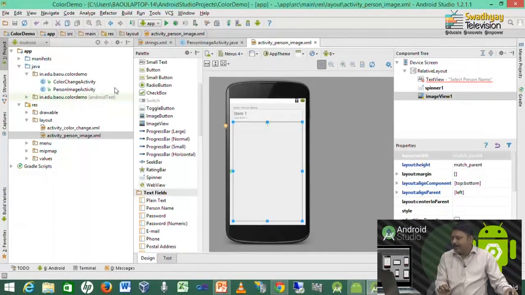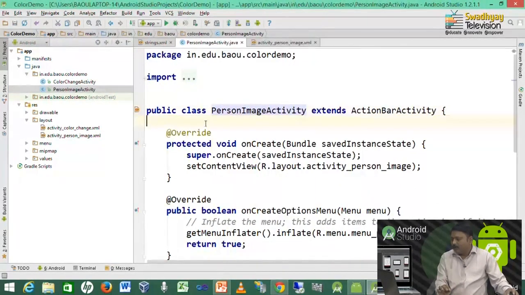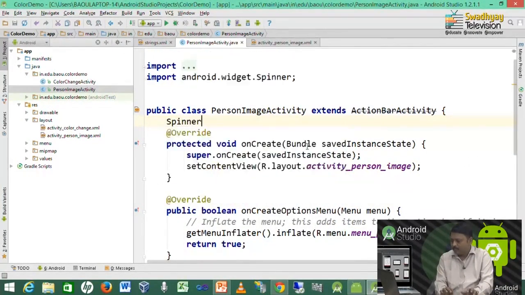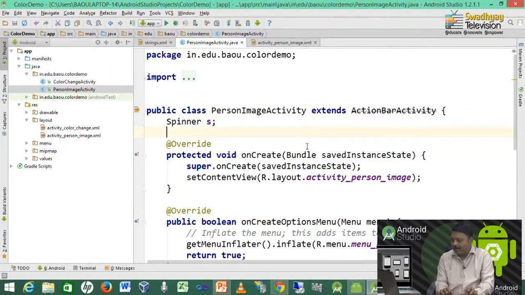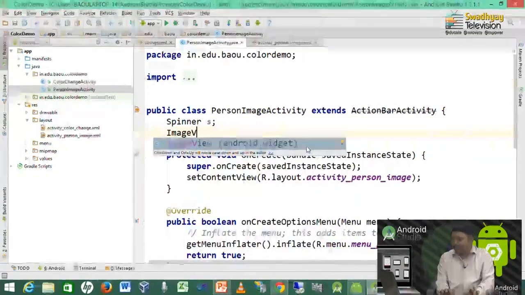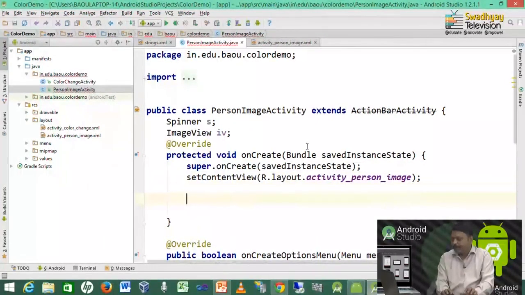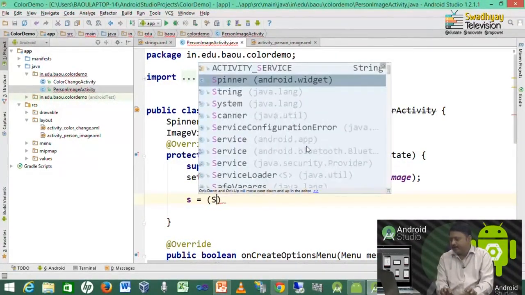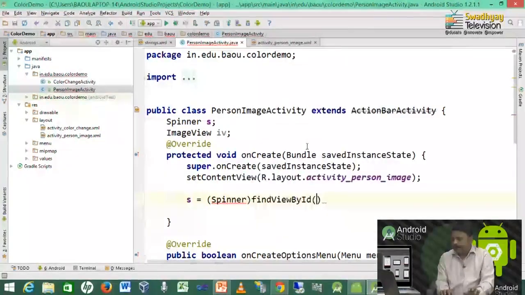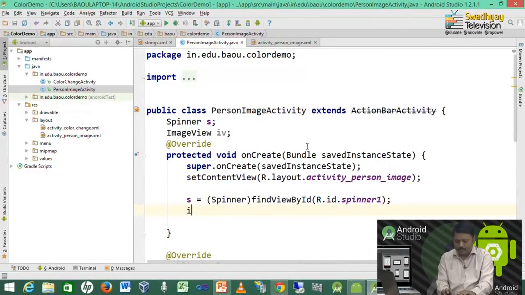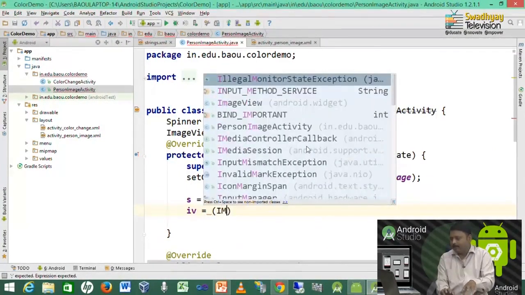So, inside this activity file, we declare a spinner S, and we declare an image view to display the person's image, IV, and we take references of the spinner and image view represented by spinner 1 and image view 1.